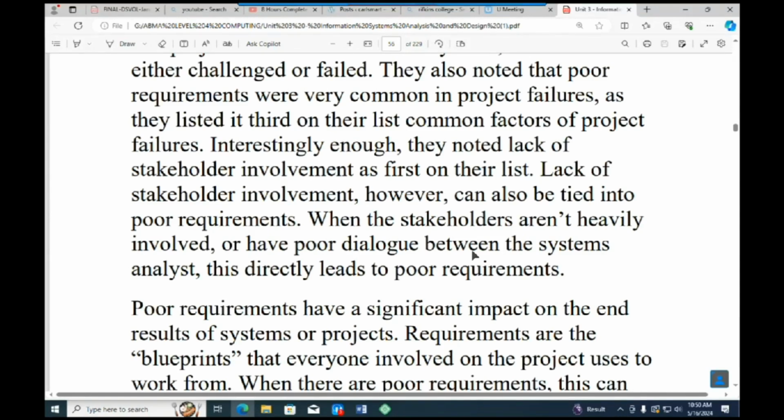So at some point, you see those two factors are tying onto each other. If you're not going to involve the stakeholders heavily, then you're going to have poor dialogue, poor communication between the analyst and the stakeholders,